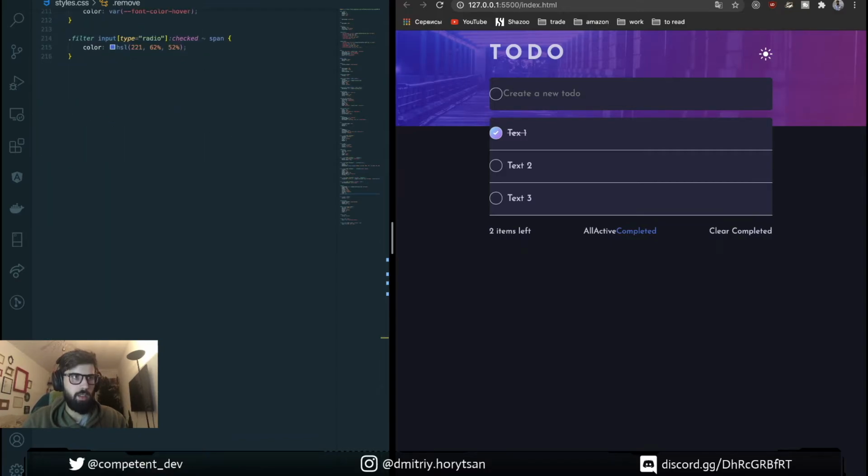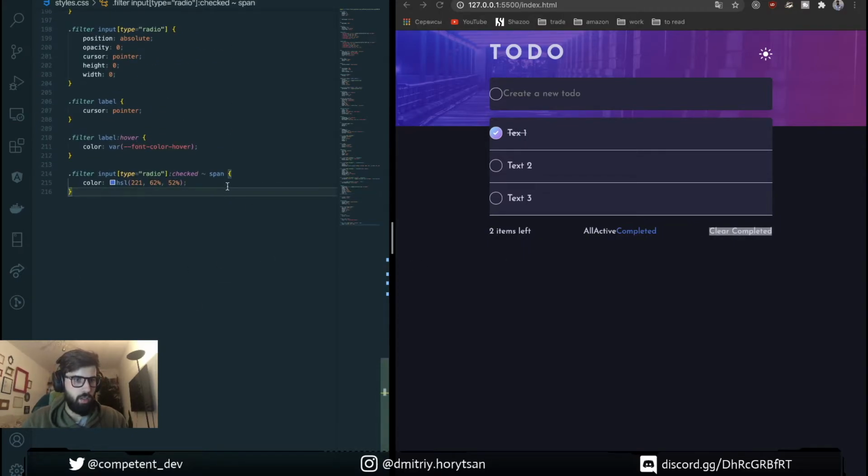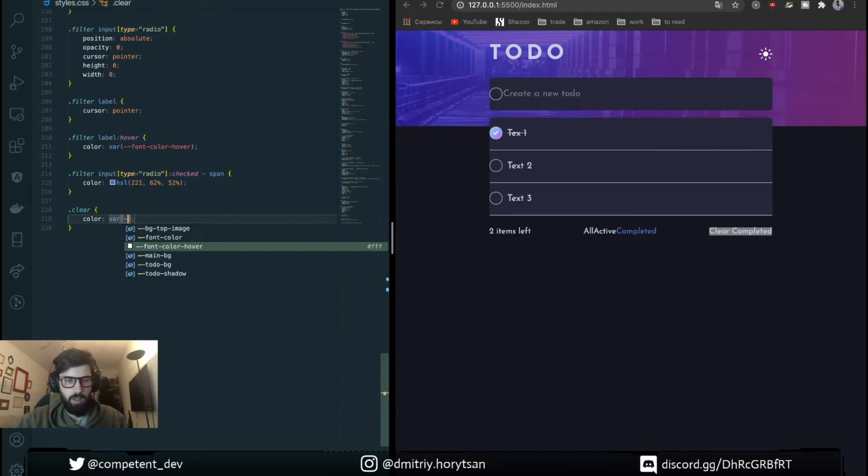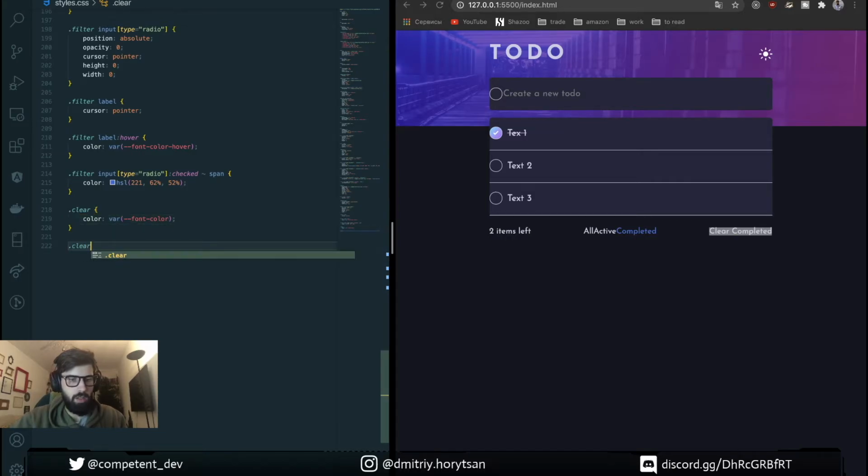And the last thing that we have, it's hover effect for clear completed. For this we're gonna use clear color var font color and clear hover.